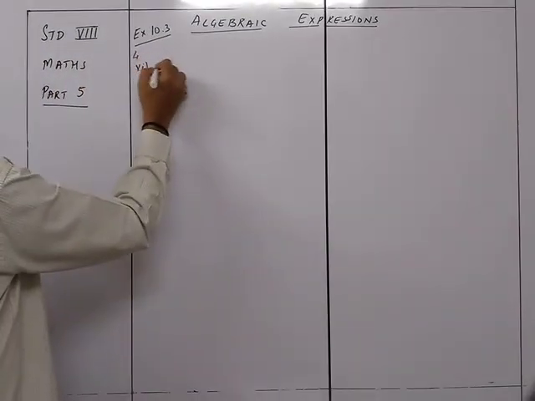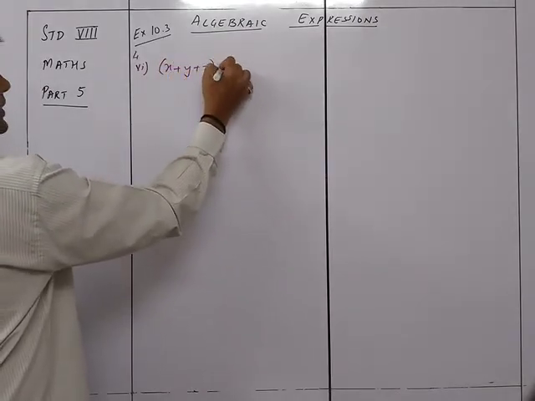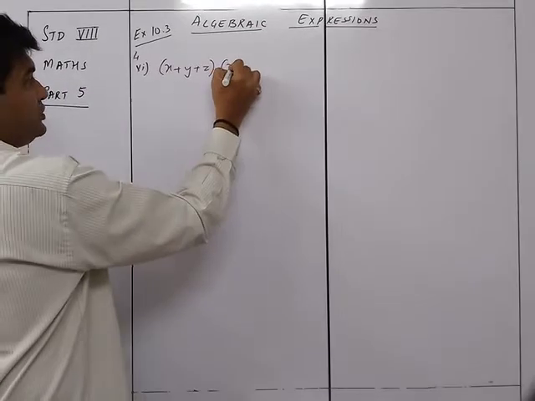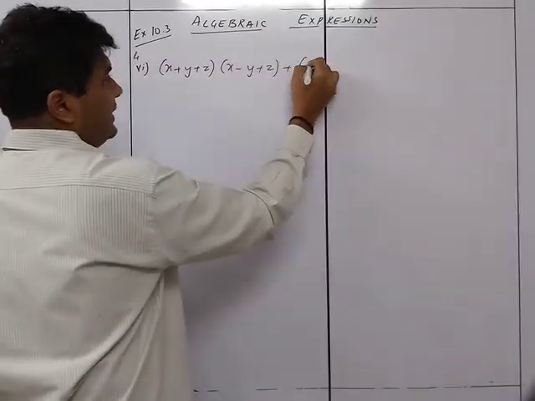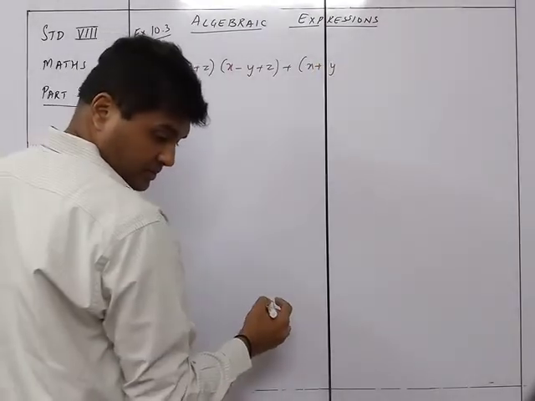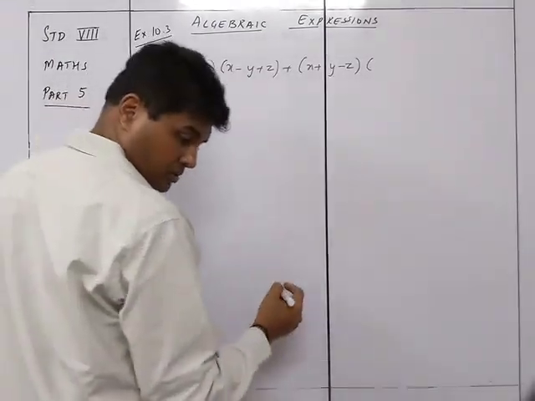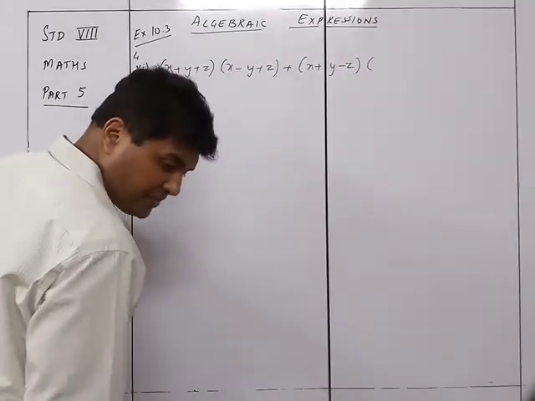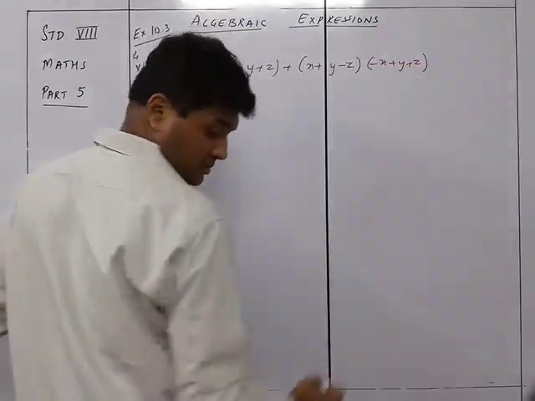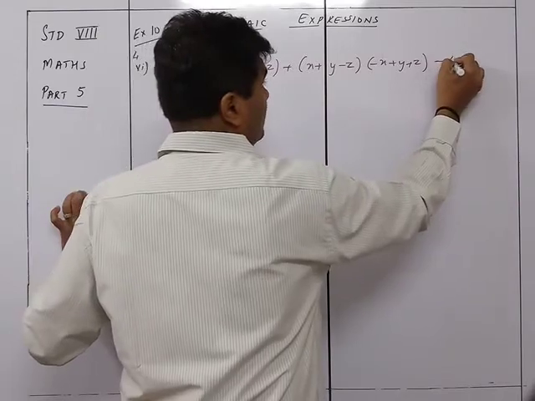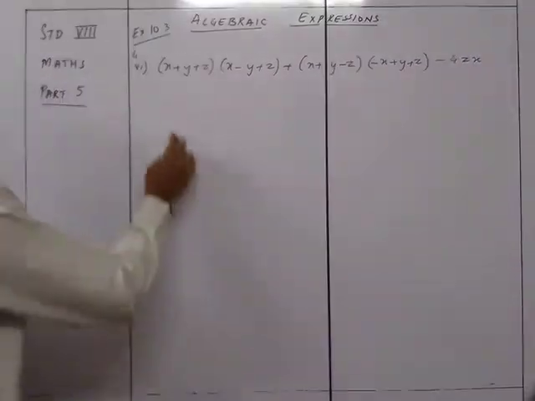Sixth one. x plus y plus z into x minus y plus z, plus x plus y minus z into minus x plus y plus z, minus x plus y plus z, minus 4zx. First this two,